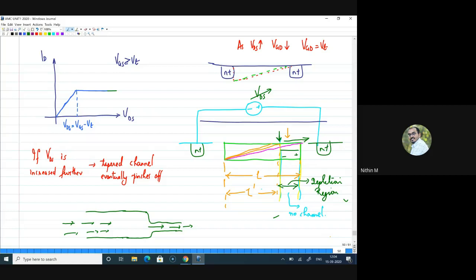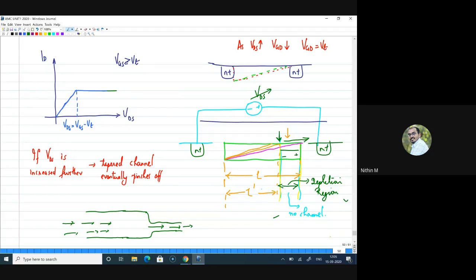Probably you will be thinking all of a sudden this width has come into the picture. No, even initially I was talking about it, right? Your current was flowing initially because of the channel only. When I said channel, the channel is formed because of the charges. Current through this device definitely depends on the charges, because movement of charges is nothing but your current. The charges accumulated underneath the gate are nothing but your channel. So the width of the channel is also important, the width of the channel, not the depth of the channel.